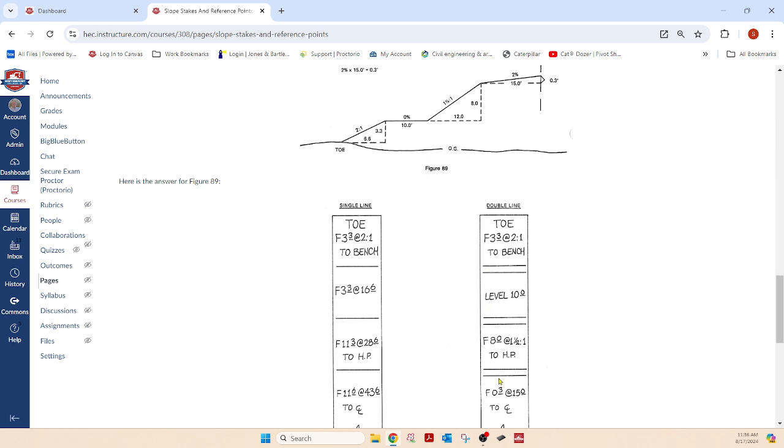So you see we got there measuring from each preceding point to the same place with all the hinge points and level benches. Everything included, we ended up with the same exact profile, either using the double line or the